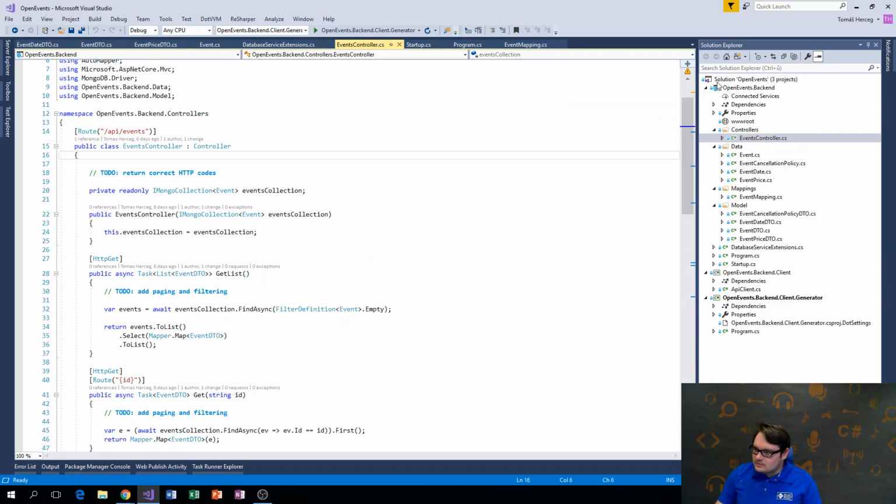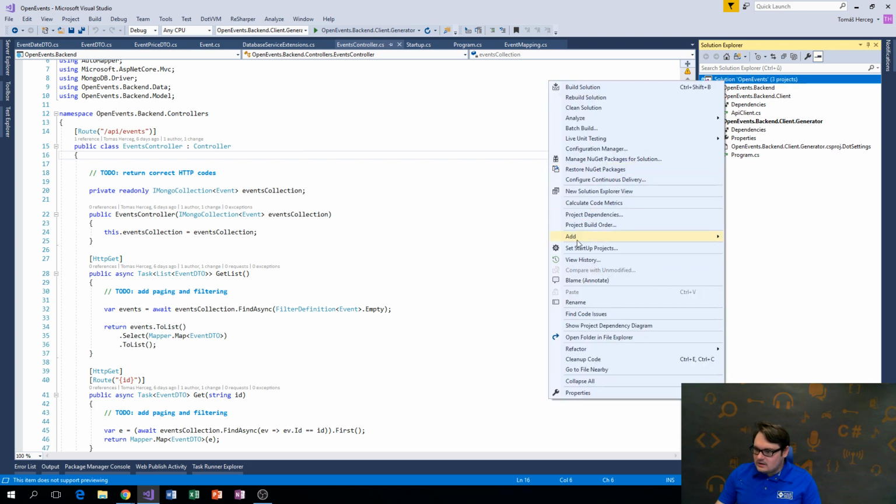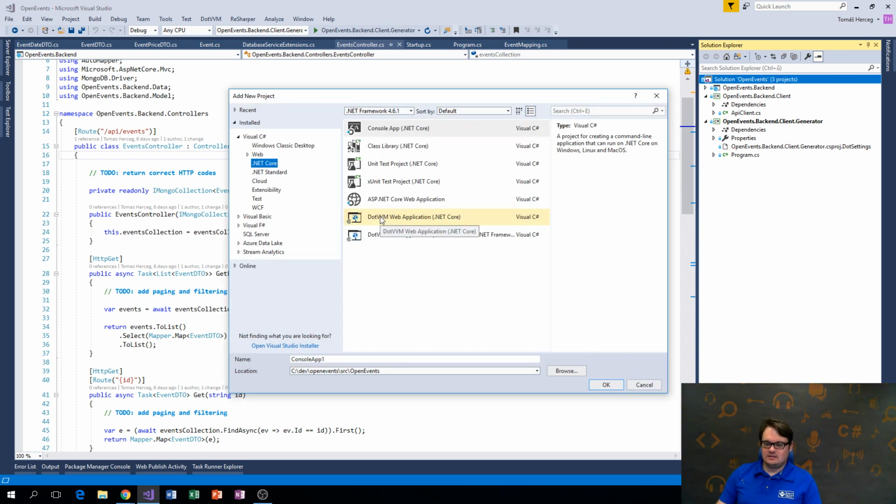So I will need another project. So here is my backend. It exposes the REST API, and I will call openevents.admin, which will be a DotVVM application, and it will be the event management user interface for administrators of the registration system. So I will name it openevents.admin,